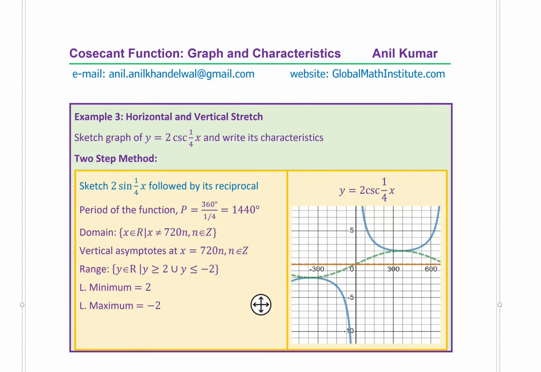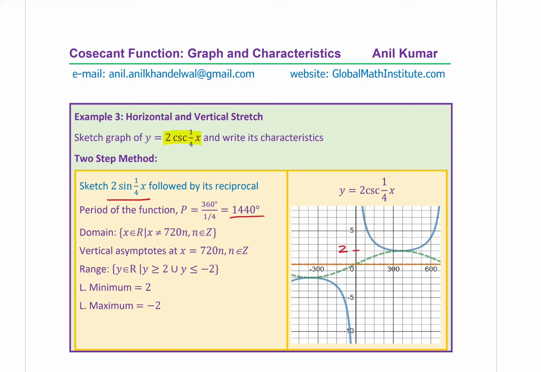Now let's take example 3, in which we'll consider the horizontal stretch and the vertical stretch. Sketch the graph of 2 cosecant 1 over 4x and write its characteristics. So as far as this graph is concerned, we'll actually sketch the graph of 2 sine 1 over 4x. So here is the graph of 2 sine 1 over 4x. This is the amplitude of 2, correct? And the period will be